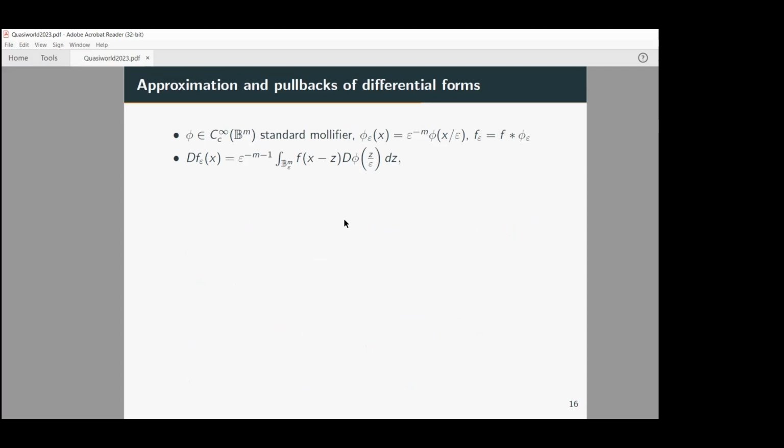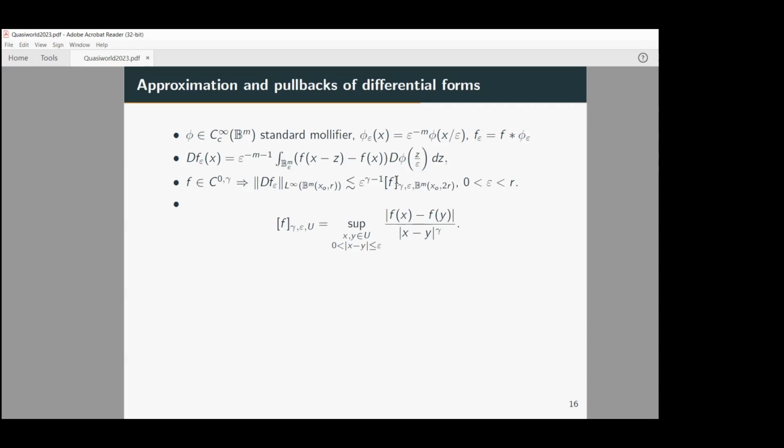Now observe that the integral of d phi over the ball is 0. So therefore you can subtract a constant and nothing will change. So this integral equals that integral. I'm subtracting the constant because I'm integrating with respect to z. So this integral equals that. Okay, and now